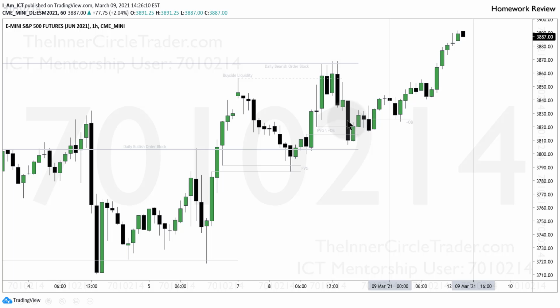Price trades down, overshoots the fair value gap, but goes into what we would be looking for, the order block. Now this is actually a propulsion block, and this is the order block. So an order block that's on top of or trading into a previous order block, that's propulsion. Okay, you don't want to see these types of candles. You don't want to see the 50% of that level broken. And you can see we trade down into it, but it doesn't break and close on a lower level than half that down close candle there. Okay, you'll learn more about propulsion candles.